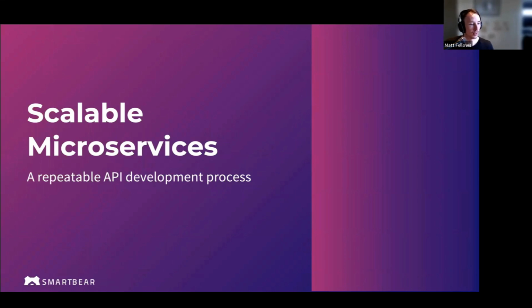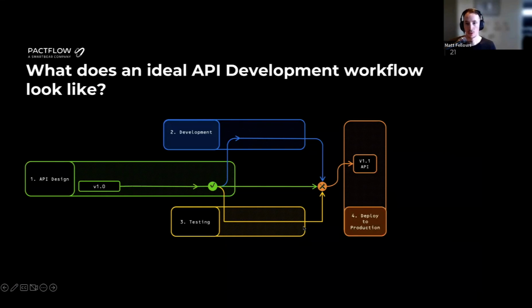Okay, so let's talk about what an ideal development workflow would look like for APIs. So ideally, what we want is a way to be able to agree on the design of an API, some set of requirements, and then develop it and test it in parallel. Enable teams to work independently, but of course, preventing the need to do rework as we go throughout the process. So really the same problem we've had throughout the industry for eras.